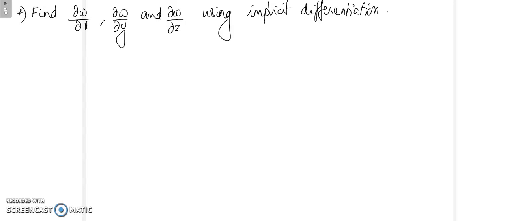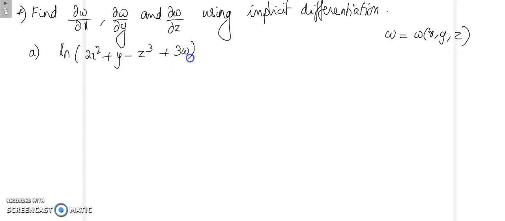Now next we will see implicit differentiation where you have a function of three variables. Here w is a function of x, y and z. Okay, so let us find the partial derivatives for the function 2x squared plus y minus z cubed plus 3w equal to